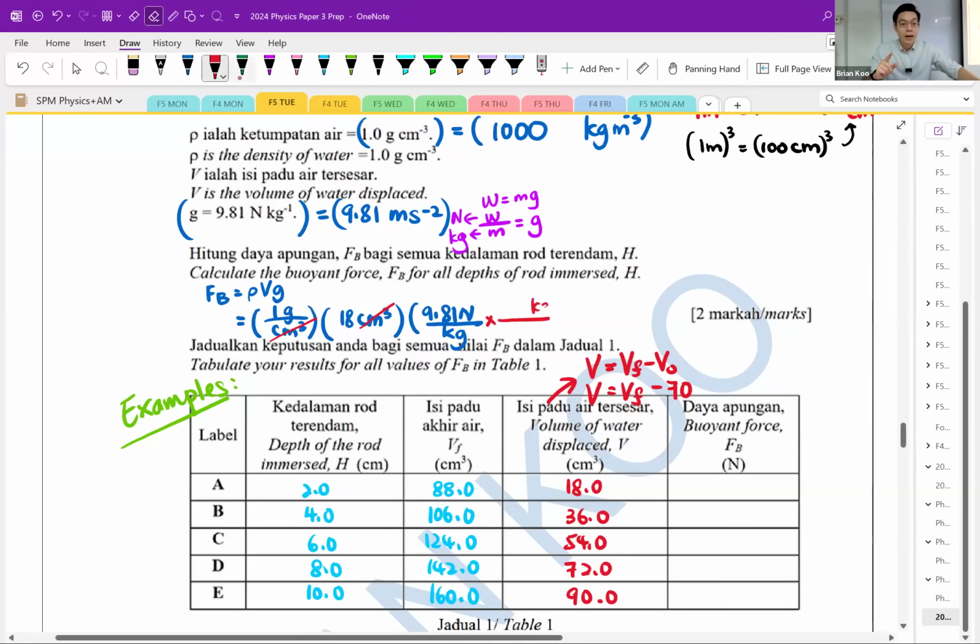I put kg up here so that kg can cancel. Kg and gram are related. You just put down the conversion: 1 kg is 1000 grams. If kg is down there, you want to cancel kg, put kg up. If not, then it's the wrong way around. Just make sure one up, one down to cancel. Cancel them. Could be like this, could be like that. Now you can get the answer.